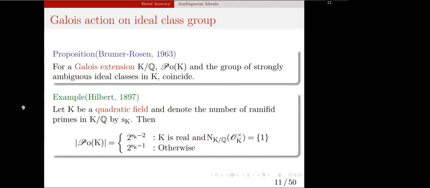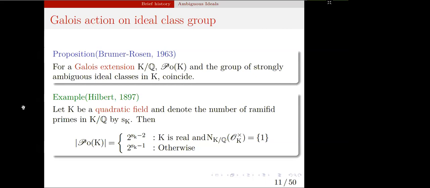So now let K over Q be a Galois extension, and using some cohomological tools due to Brumer and Rosen in 1963, the Pólya group of K is equal to the subgroup of strongly ambiguous ideal classes of K. And this is an interesting result because we can refer to Hilbert's results as the first important results about the structure of the Pólya group and Pólya fields by now. Indeed,